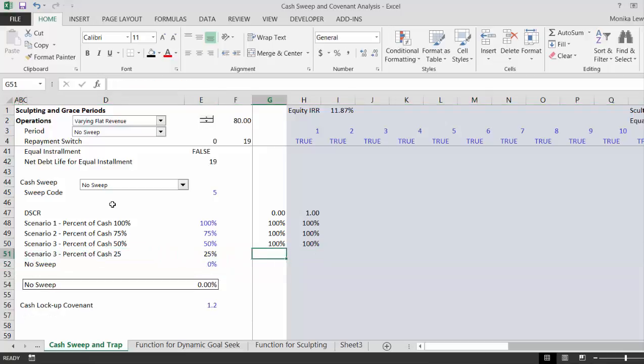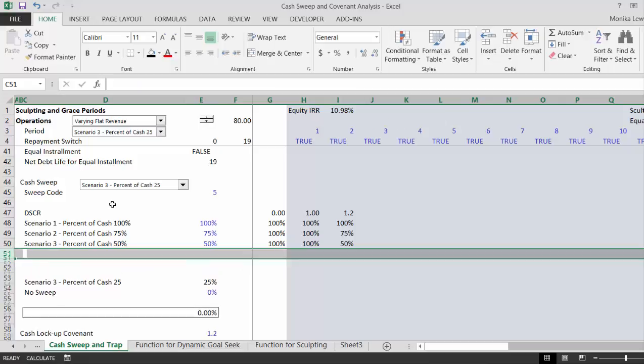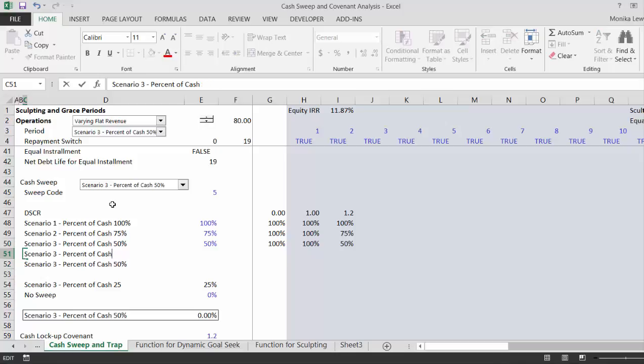Now, but when it gets to be 1.2, in the first one we'll have 100%, the second one will have 75%, the third one 50%, so we'll just keep those the same now. But then how about scenario 4, we'll put varying cash sweep,